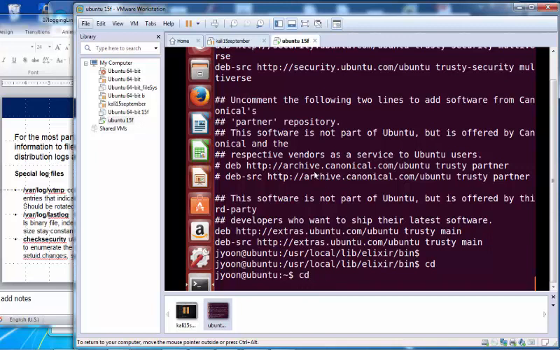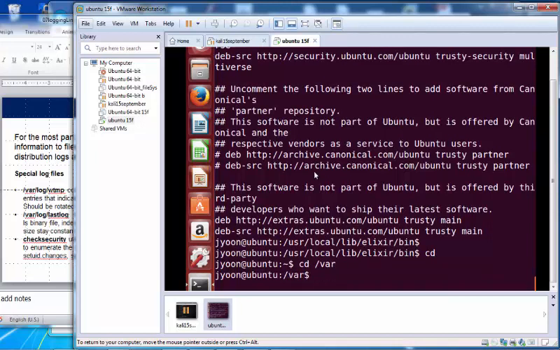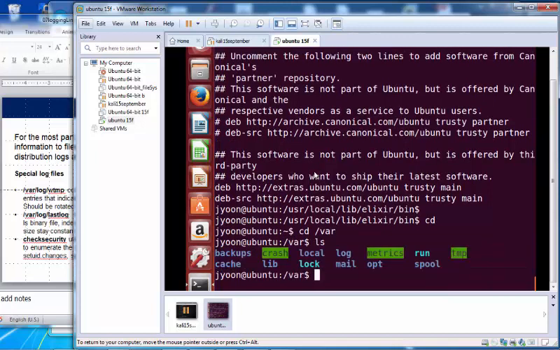cd /var, and then type ls. Then if you see here, they are all variable-sized directories available. Backups, variable, right? Sometimes you back up X amount of data, or other times Y amount of data. So the size of data is not the same.